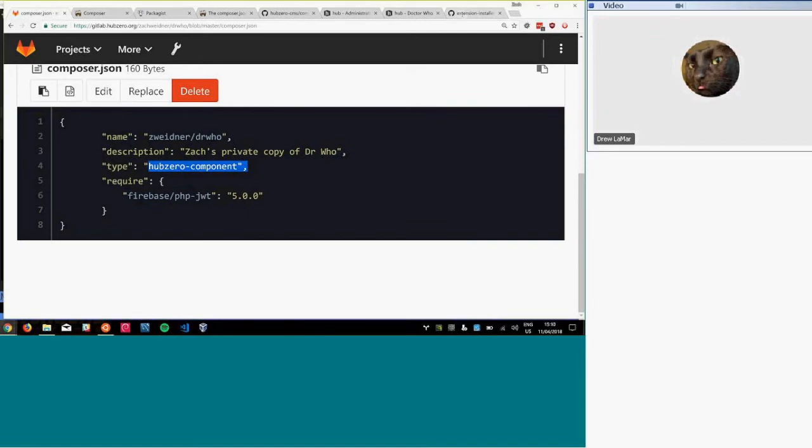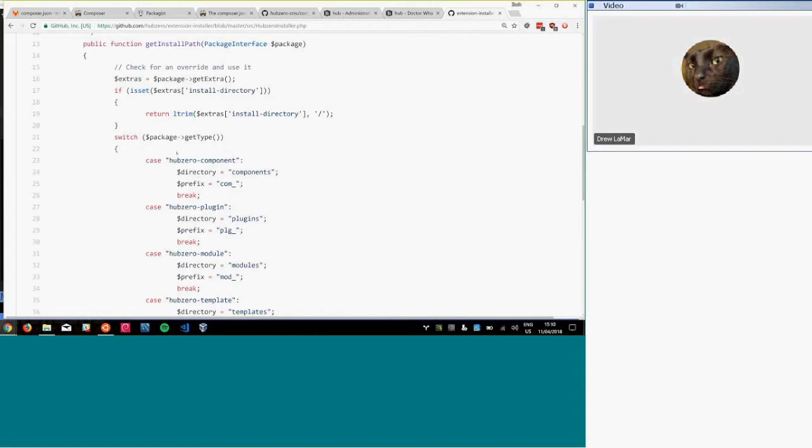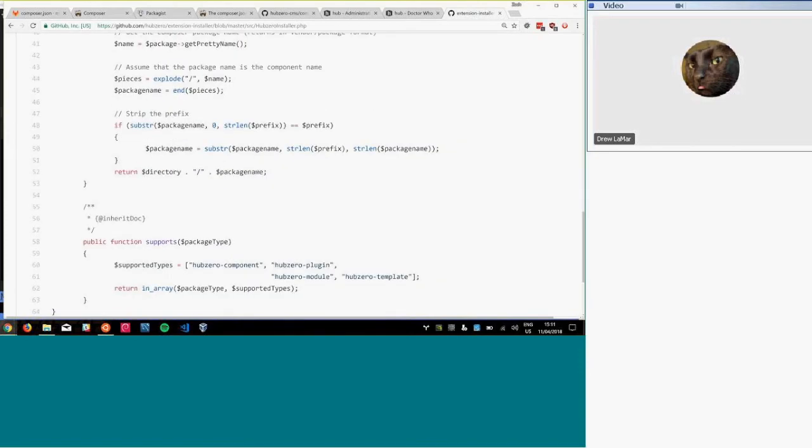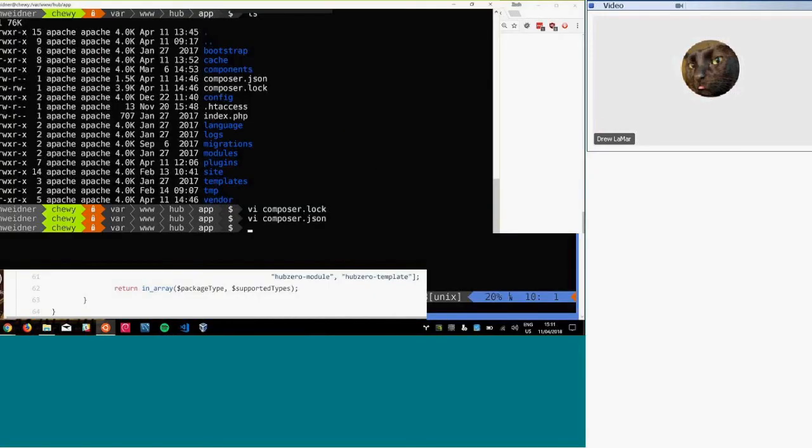And all this extension installer says is, okay, you've got a HUBzero component. I know the prefix to be com underscore, and it should go in the components directory. And then basically when the installer is asked, hey, where should I put this package, it returns the directory, which in this case is components, and then package name. If I head back over here,